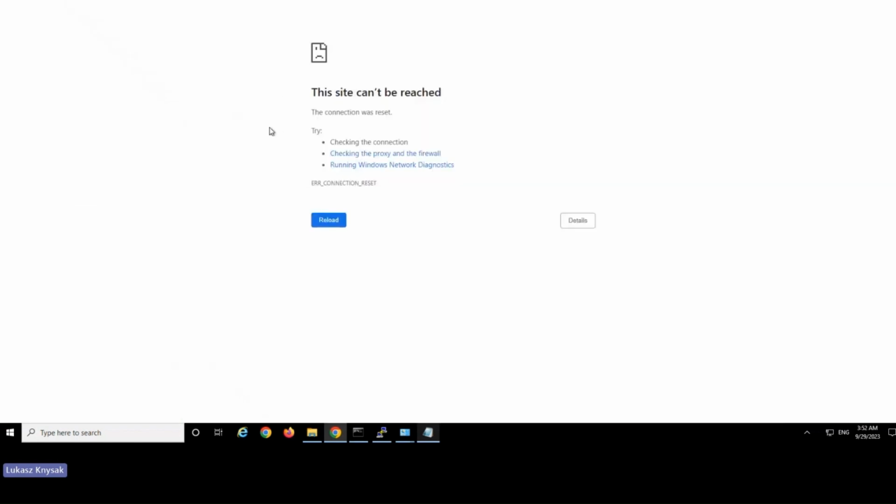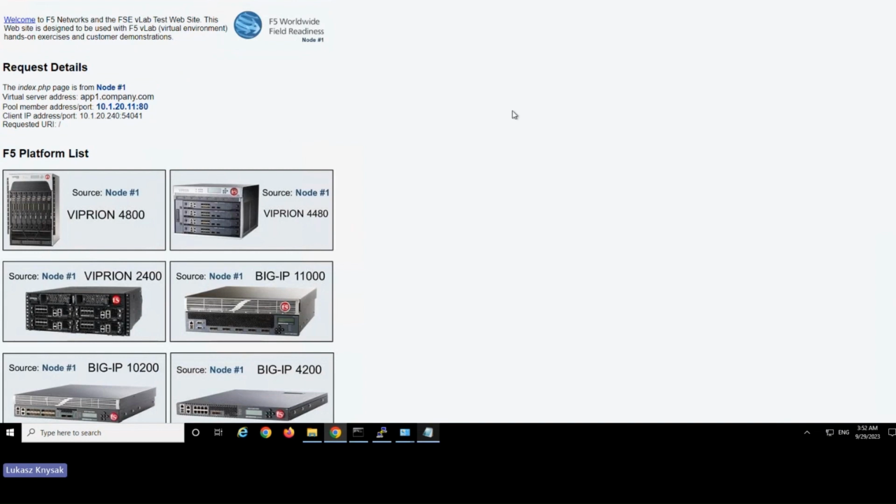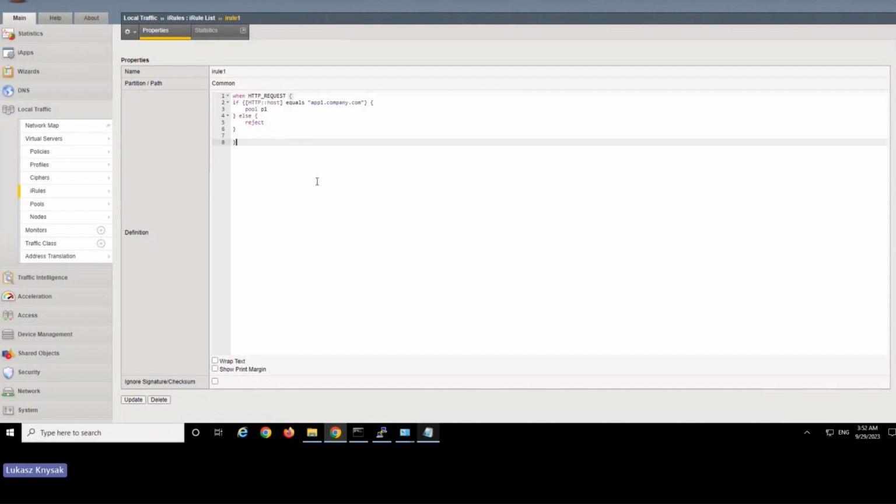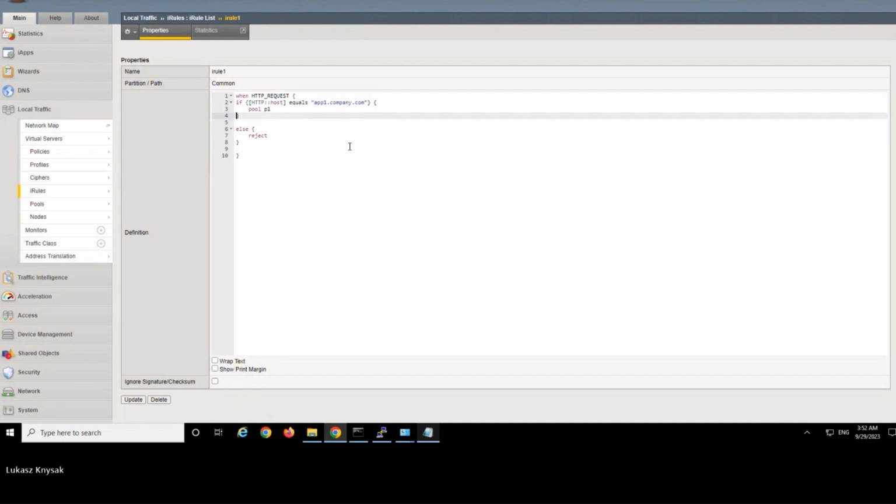But after you refresh your iRule, then everything works fine, right? So actually, you don't have to modify many different places. Just refresh your app, and that's it. So for new connections, this already works. So if I would like to do something else with this, I can do else if,